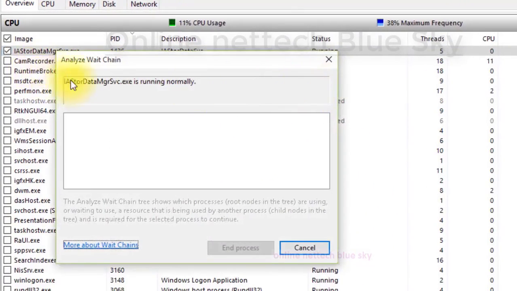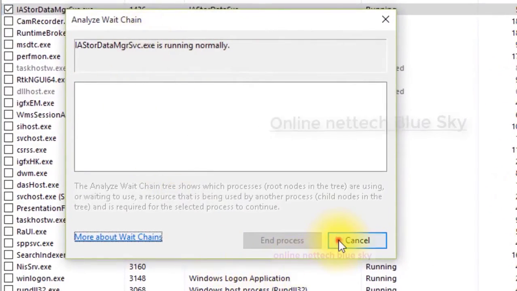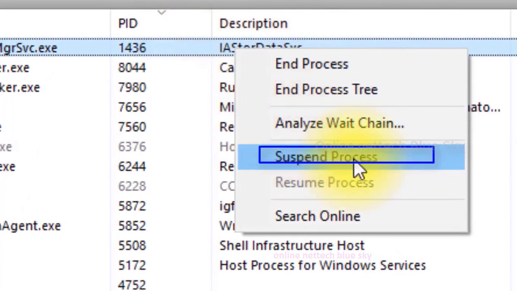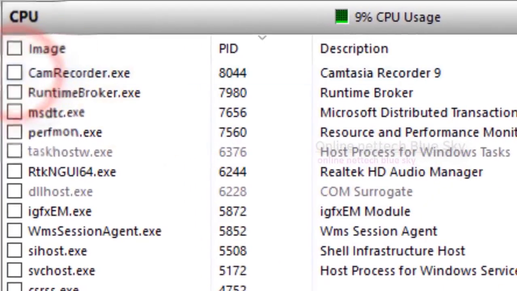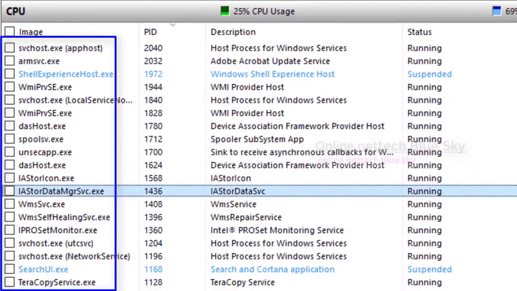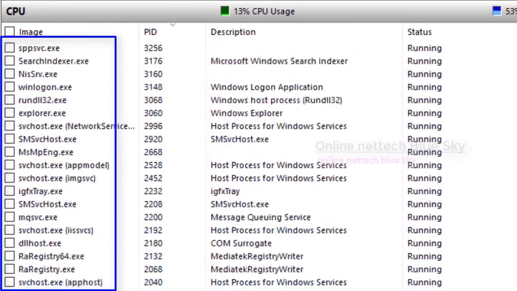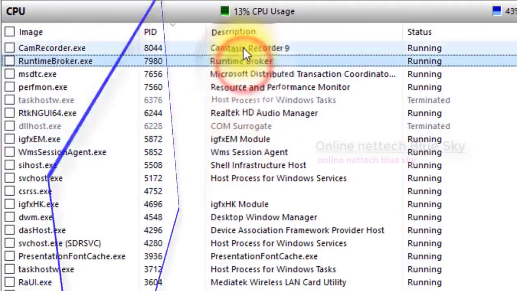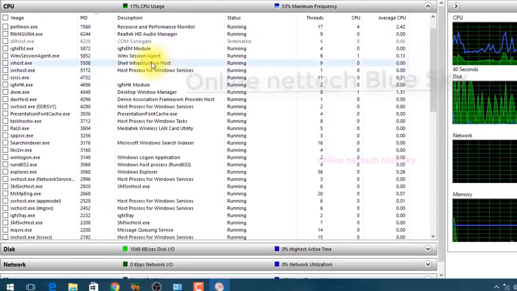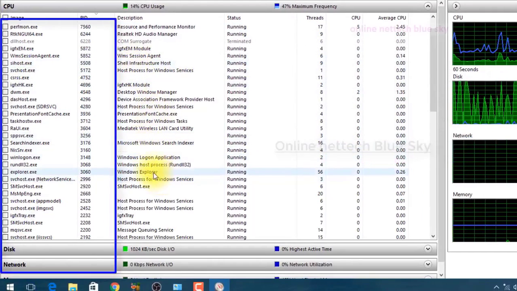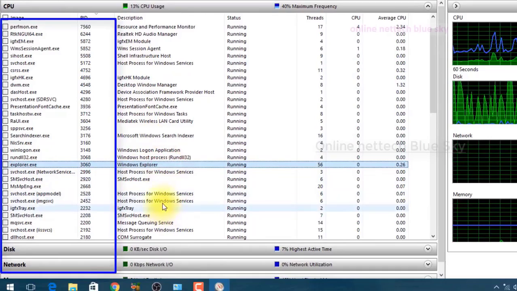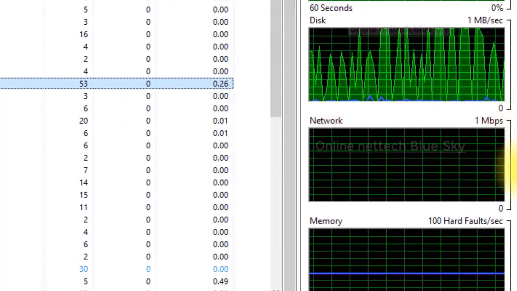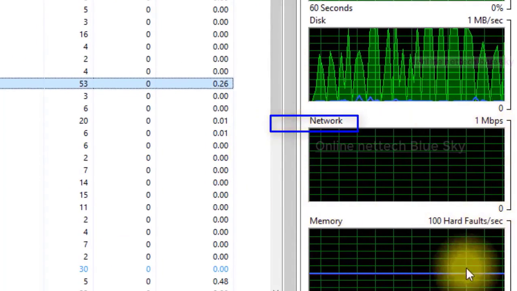They stop working from here. And analyze chain means you can analyze your systems, though sometimes it is not perfect. Suspend process means you stop everything and suspend, and it does not start again. On the left side you can see the service name and description, meaning what the service is and why it is used. So software information, services information, all mixed, working with the CPU here. Computer engineers and server engineers work with these important administrative tools.